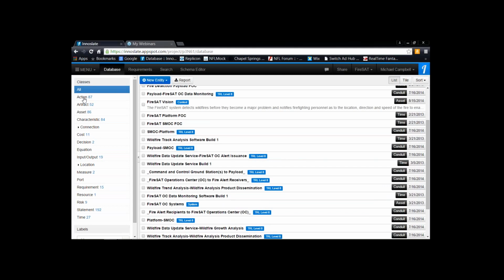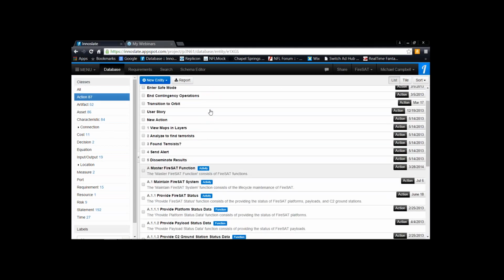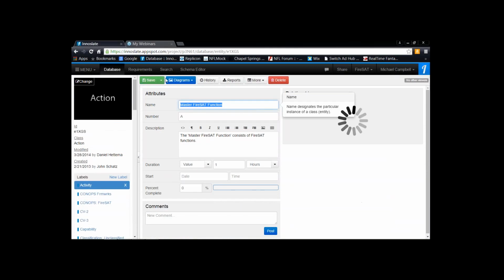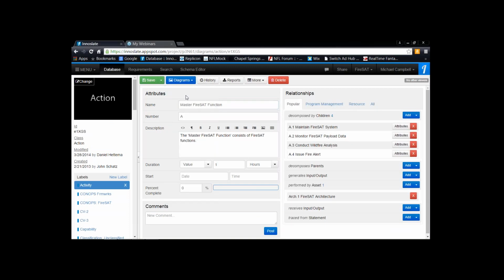So if we're looking at an action diagram,